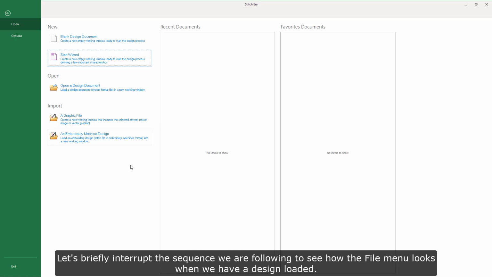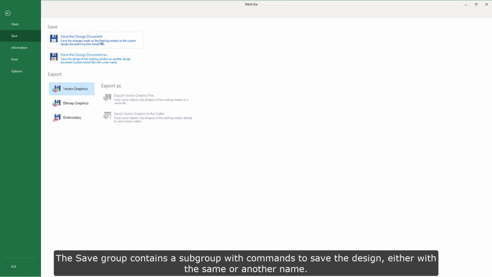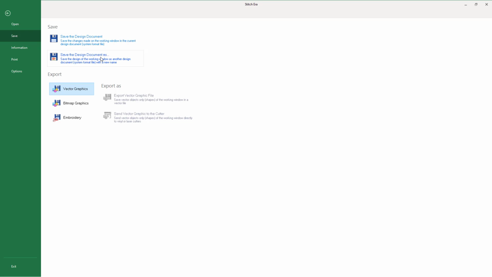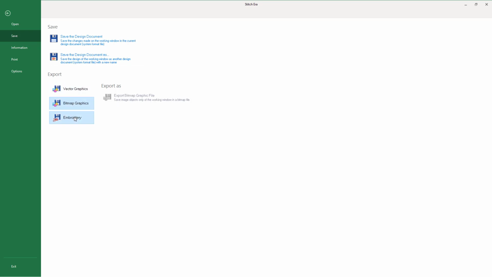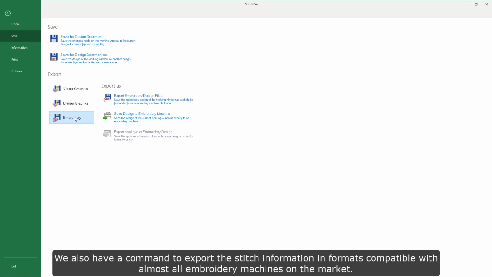have a design loaded. The Save group contains a subgroup with commands to save the design, either with the same or another name. There is also a subgroup called Export, where we find commands to save the images that our design may contain. We also have a command to export the stitch information in formats compatible with almost all embroidery